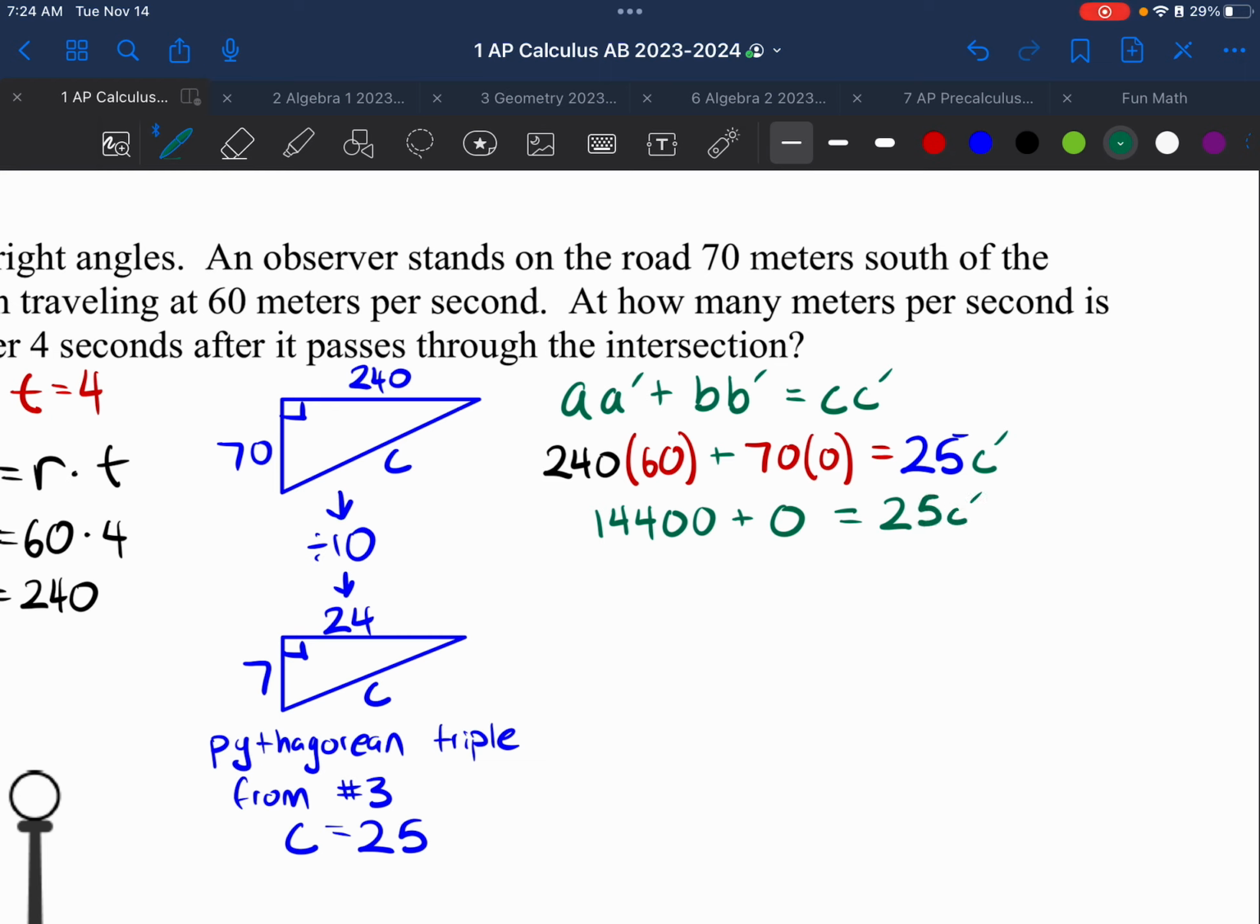Okay, from here, just needed to divide everything by 25, and I'm going to get C prime is equal to, I'm just going to write this out, 14400 over 25, and then I need to do this problem in my head. So dividing by 25 is similar to dividing by 100 and then multiplying by 4. So dividing by 100, gone and gone. Multiplying by 4 is a double-double. So if I double this, it's 288. If I double that again, that's,